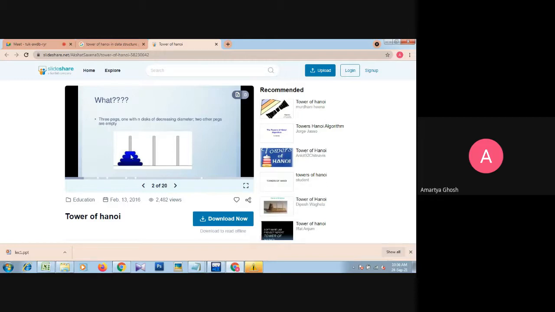You can see here the example. For this example, there are four discs. We take this example with four discs, but there may be n number of discs. The number of discs can be n, but the only fixed thing is that the number of stands will be 3. If the number of discs is increased, the number of steps will be increased, but we can still move.